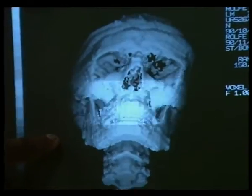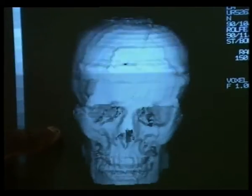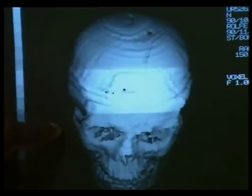The black spots around the eye area show broken bones, and running down the front of the forehead are multiple fractures. Suppose you have somebody with massive facial injuries which needs reconstruction. The surgeon's got to know what the face is like in three dimensions, you see. I mean, they have to know what bits have gone in, what's got to come out, etc. So that's of tremendous use to the